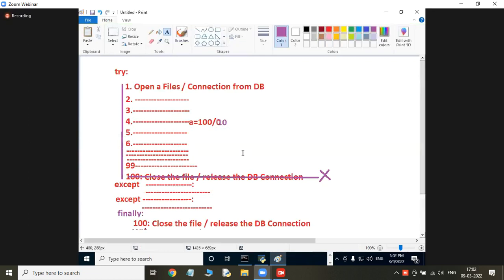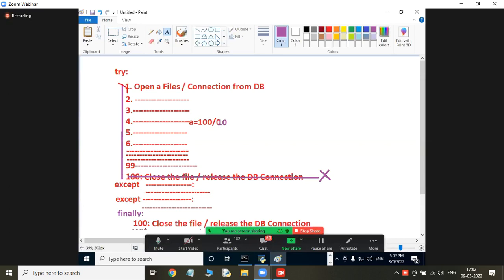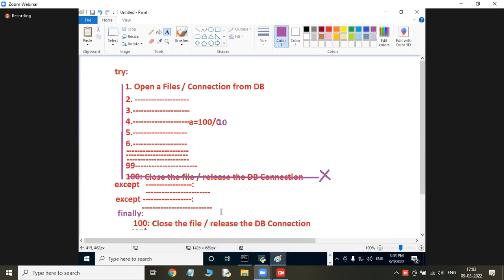This is called 10. 100 by 10. Start the flow. 1, 2, 3, 4 up to 99. No errors. It is executed successfully or not? Where is it coming out next? The else block it is going to come, or not? Assume that the else block is there or not, we least bother. And it is straightforward coming to which block? And in the finally block, what did I write? Closing the file. So tell me, which is the better place to write my closing the file statements?